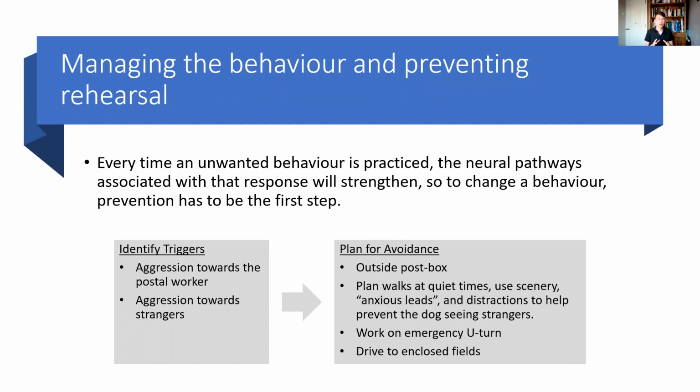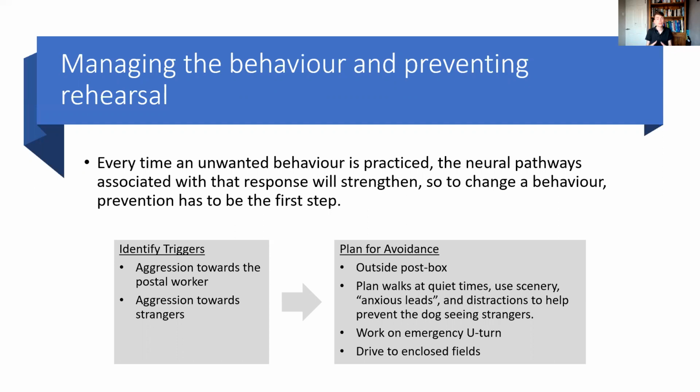So looking at how you can manage those unwanted, fearful behaviors so they're not being practiced. Every time a dog practices a fearful response, whether that's a dog seeing an unknown dog and responding aggressively towards it, the neural pathways associated with that response are strengthened. The dog sees another dog, responds aggressively, that dog goes away, and it survives that one. That becomes a more practiced, better rehearsed response, so it's more likely to happen in future. It becomes the easiest go-to response in that scenario.